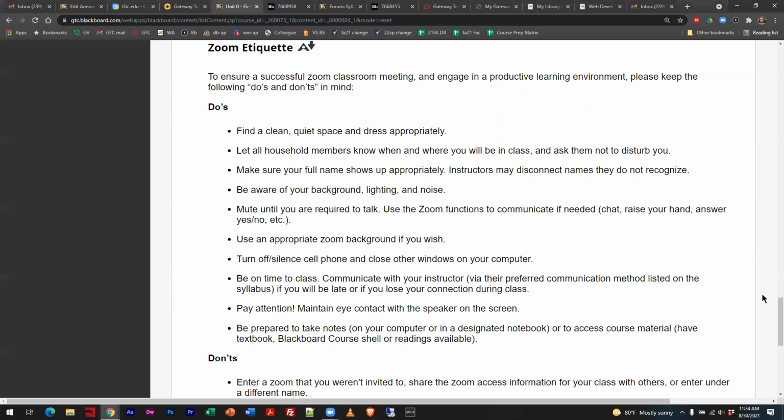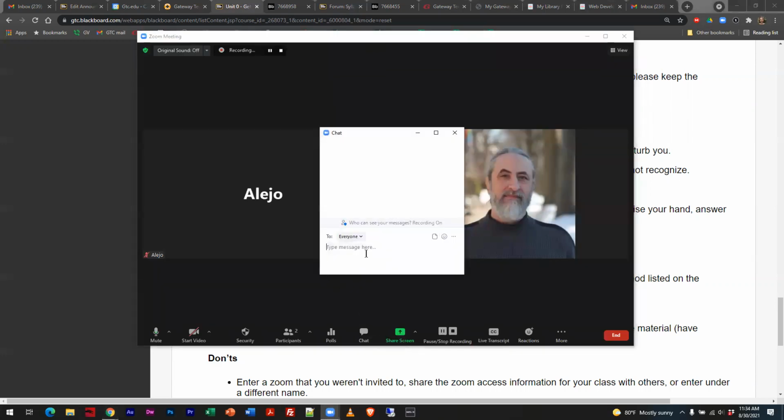The way that we're mostly going to use it in the classroom is to do what I'm doing now, so that you can see my screen. Sometimes I might even share files or links with you that way. For example, Alejo's in the session here with me, and I might say, go to this website, there's the information, so we can chat back and forth.